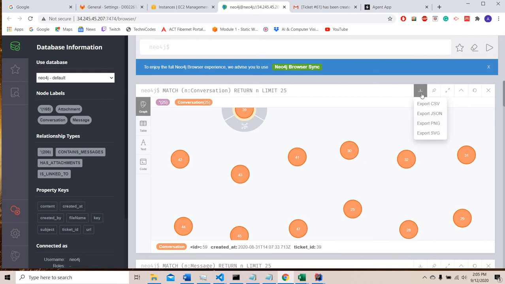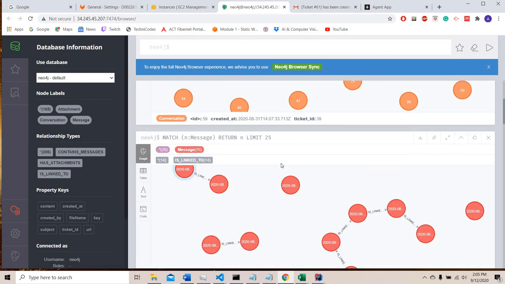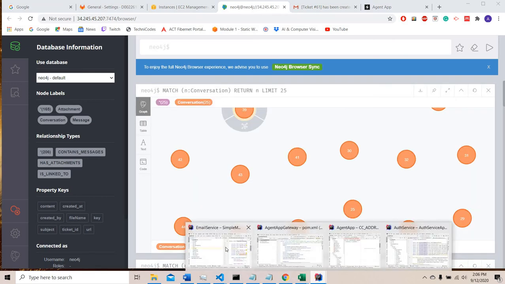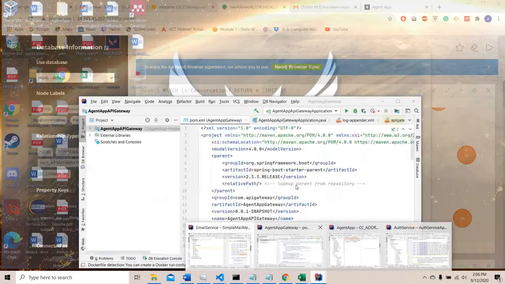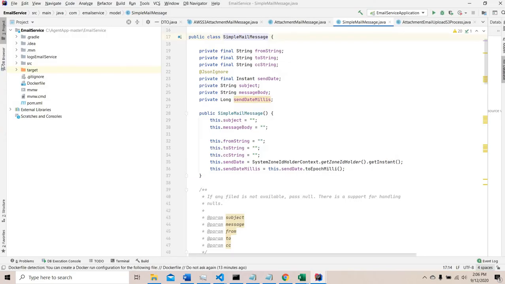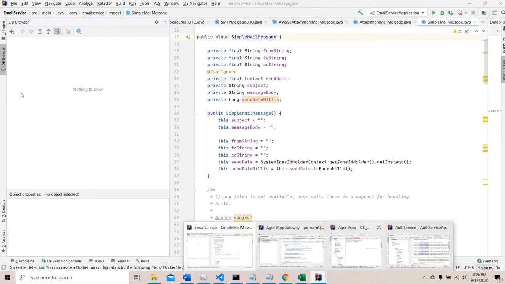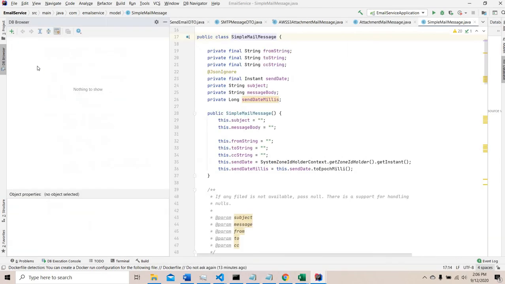Whenever we want to see the conversations that are stored in Neo4j, we can just export the CSV file and view it. These are all the conversation IDs which have been stored in Neo4j so far. And coming to the ticket IDs and user types, I can access the MySQL database from my IntelliJ itself. As you can see,